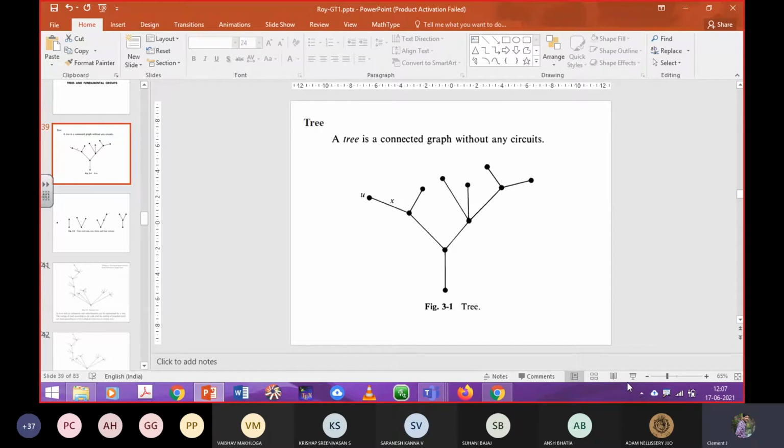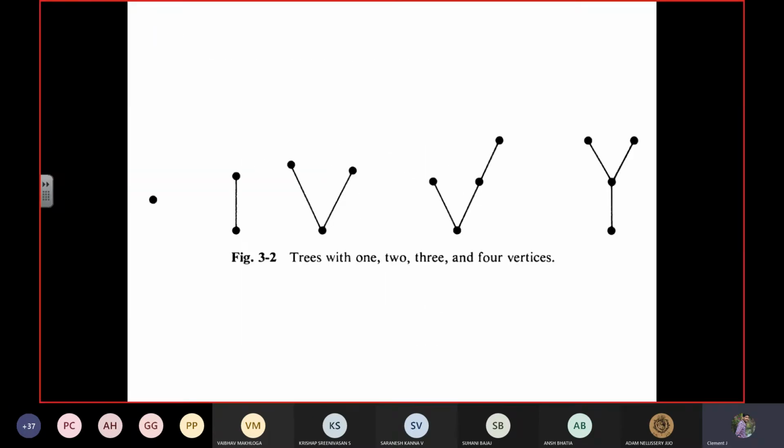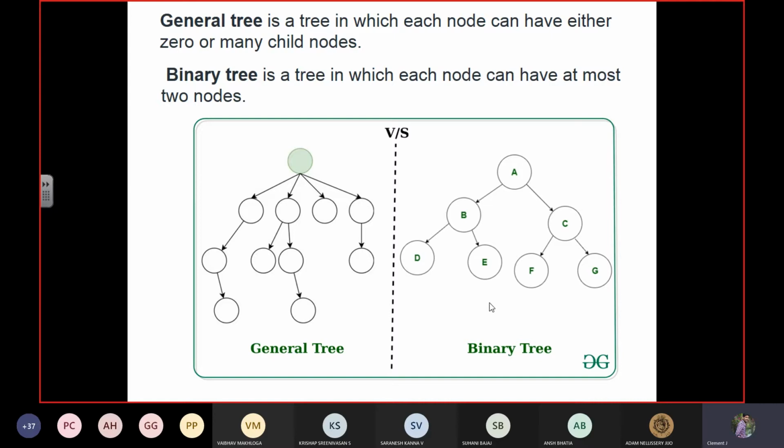Now you can see the difference in a general tree. In your first node, that means in your parent node, the very first node, how many children does it have? Any number, sir. Any number. Very good. But in your binary tree, the condition to be followed, the important note you need to check, is at most two children. It is allowed to have at most two children.